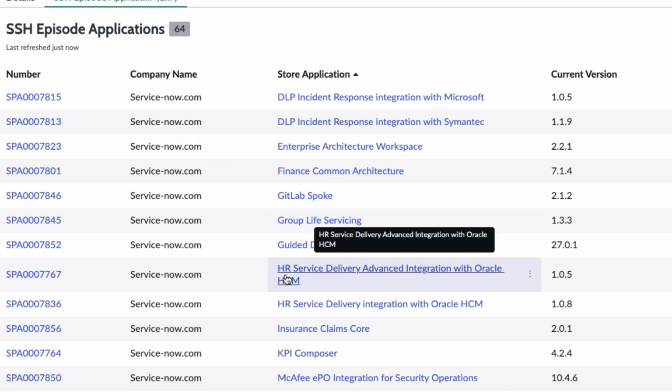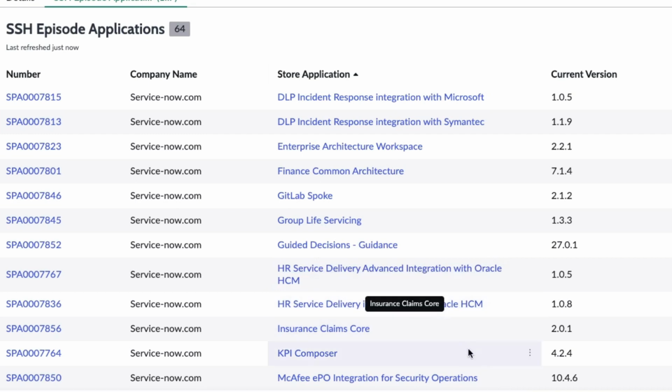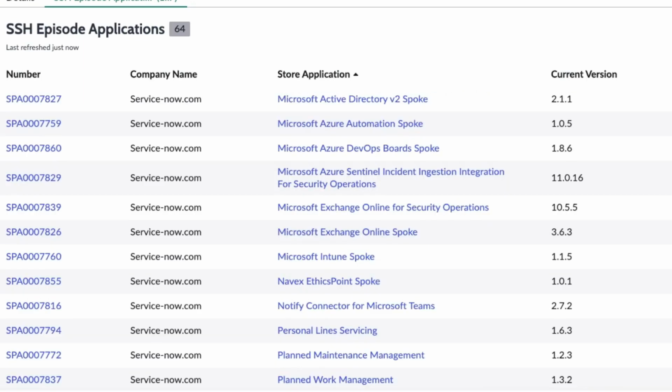Is that the same thing? No, Advanced Integration and the regular integration. Insurance Claims Core, KPI Composer, McAfee EPO Integration for Security Operations. Now to page 2, Microsoft Active Directory version 2 spoke, Microsoft Azure Automation spoke, Microsoft Azure DevOps Board spoke, Microsoft Azure Sentinel Incident Ingestion Integration for Security Operations, Microsoft Exchange Online for Security Operations, Microsoft Exchange Online spoke, Microsoft Intune